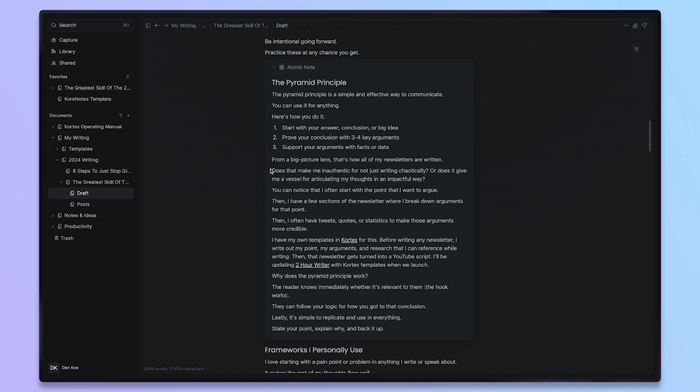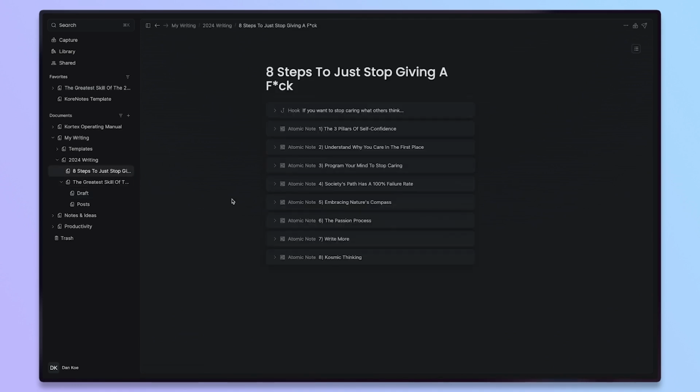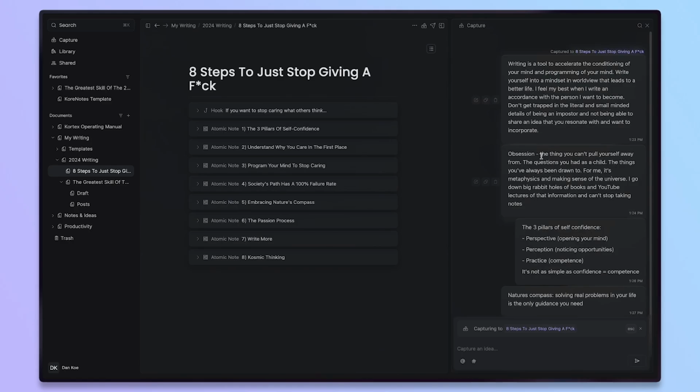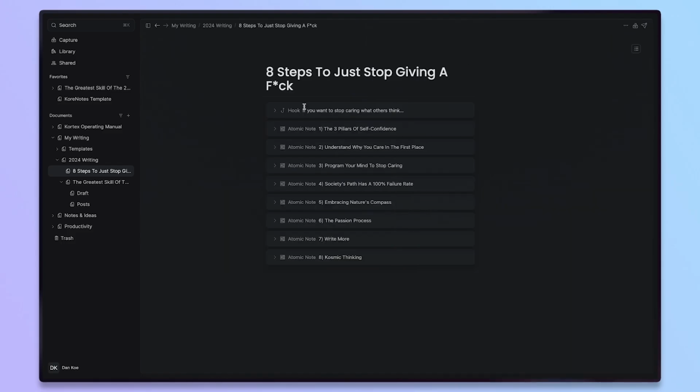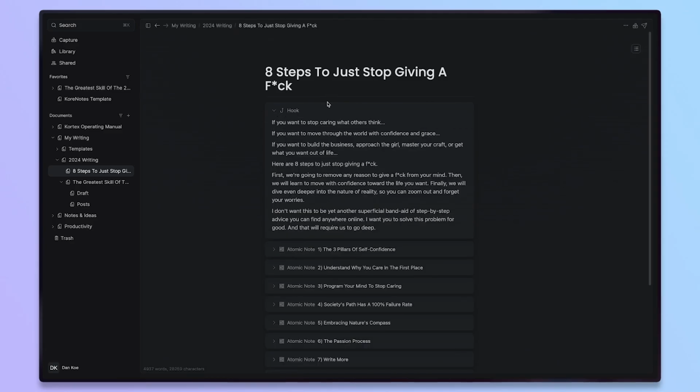And so the beautiful thing about this is that all you have to do for the minimalist writing workflow is: 1, create the document, 2, start writing the document, 3, capture ideas for that specific document as you go about your day or whenever they come to you, because you're probably not going to have them fleshed out inside the actual document. So you can write those all out in Capture while connected to that specific document, and then you write about them. And then once you're finished, you go through, and I turn the first thing into a hook